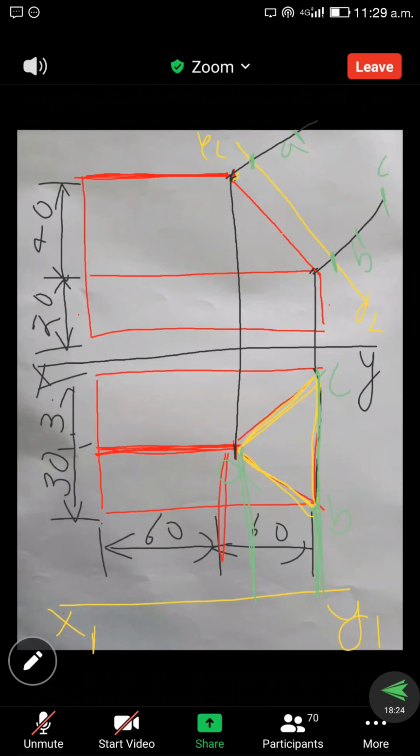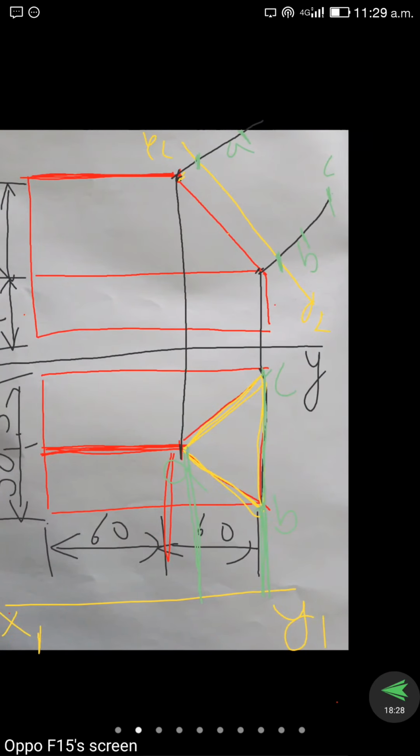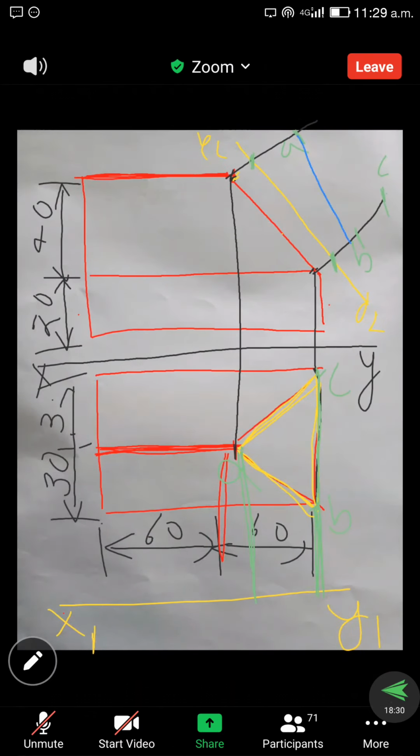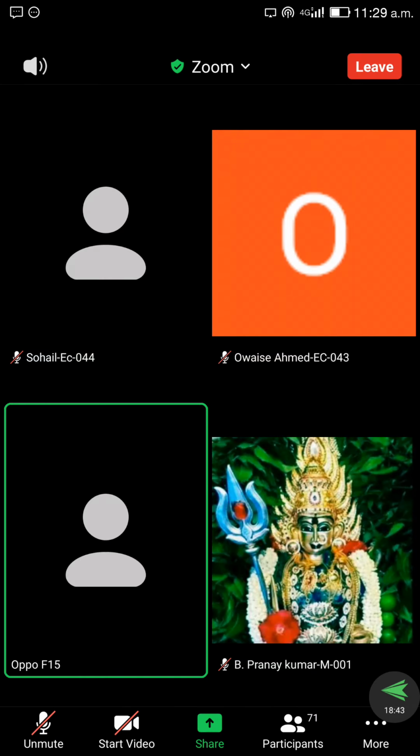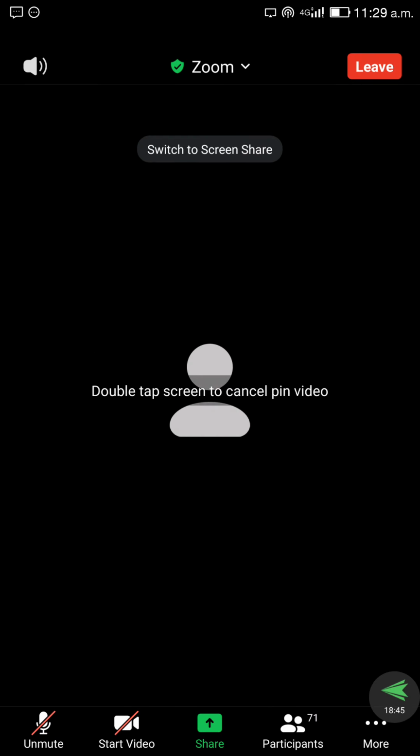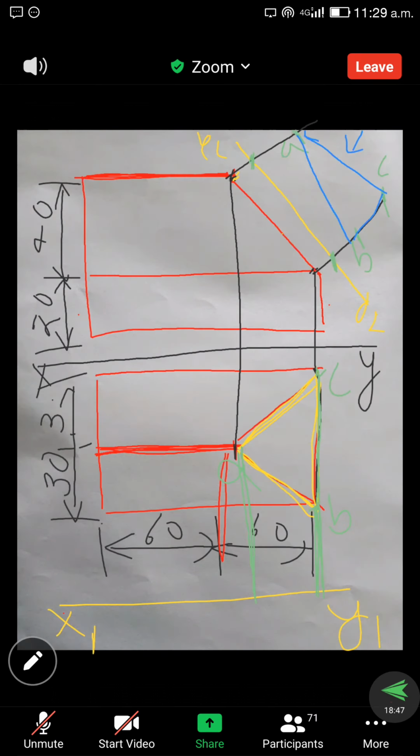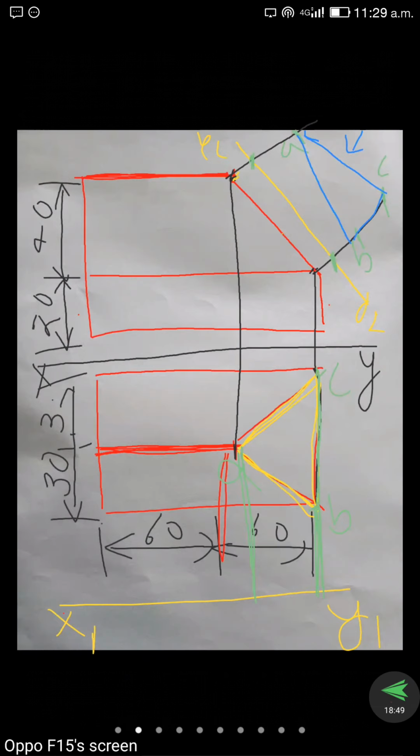Okay. So now we can join all the points, A, B, C and A. Okay? So this is the auxiliary view, that is nothing but the true shape of the object. This view is called the auxiliary view, auxiliary front view. Is it clear? The answer to draw is the triangle ABC.